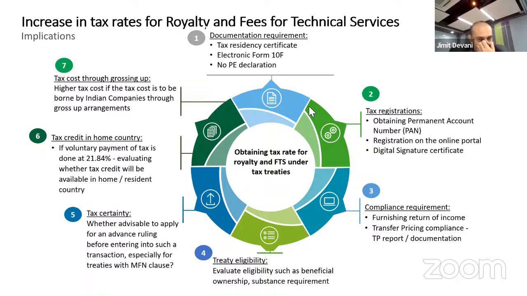When EL is applicable, there is no requirement for 10F. Technically, when EL is applicable, there is no requirement for 10F. But remember, EL will come into the second stage. First, you need to check whether royalty or FTS is applicable. If royalty or FTS is applicable, then 10% has to be withheld compulsorily, because EL is 2% and royalty or FTS is 10%. So if it is not royalty or FTS, then only EL. And for EL, you don't take a treaty benefit, and that is why there is no requirement of 10F.